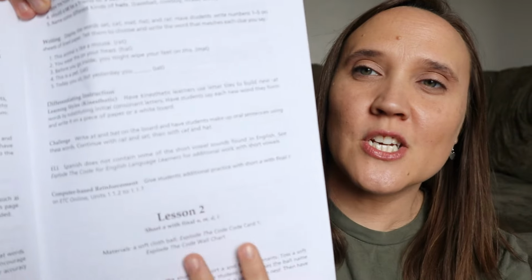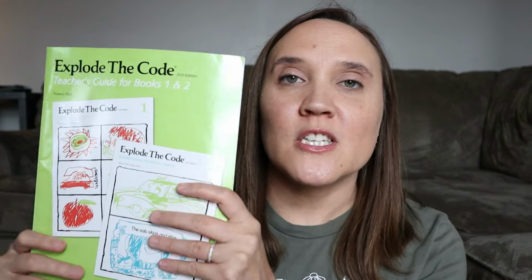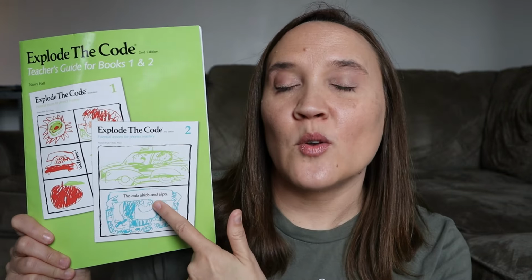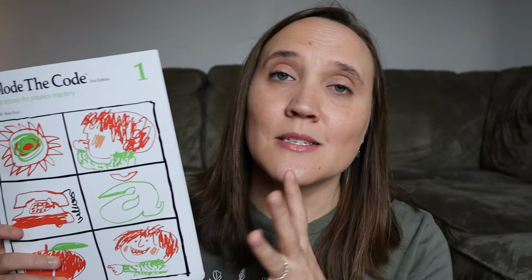And then there's even some suggestions for differentiating your instruction for a child who is a more kinesthetic style learner. As you can see, if you were to use this the way that it is written with this teacher guide, then that's a pretty thorough program actually, if you just follow the guide. So if that is something that's intriguing to you, I would suggest that you check that out because we